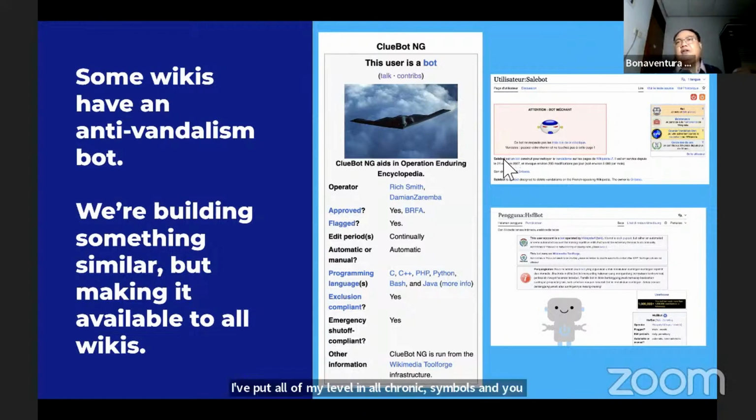In my understanding, for a bot to apply to another wiki project, you must copy the script to add on their wiki. It is a long process, but basically we are building something similar, and it will be made available to all wikis simultaneously.